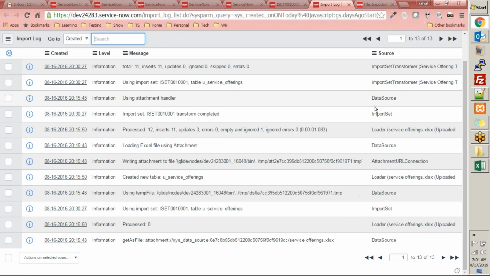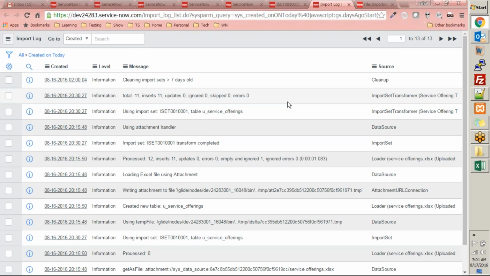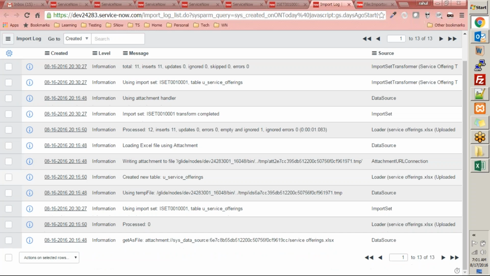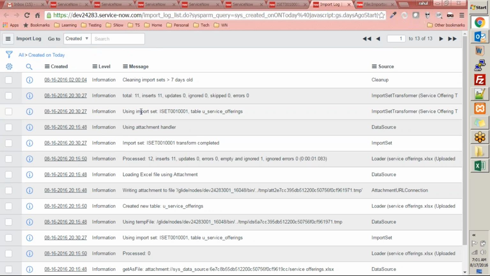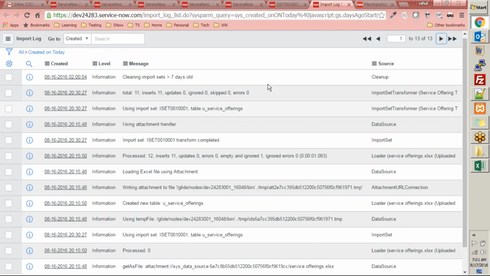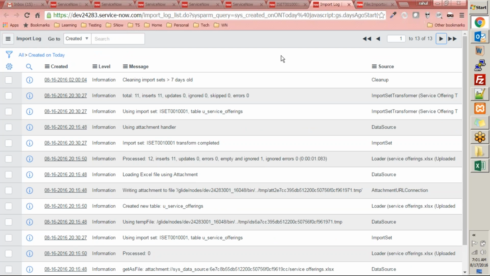You also have the import log. You can use this import log to see what happened with each of those rows, whether it landed into some error or whether it ended up as some sort of information or process. It shows right now that all of the records were transformed completely and there was no error, because all of these are shown as information. So one is that you get the transformation script using which you can do some sort of data validation. The other one is that you